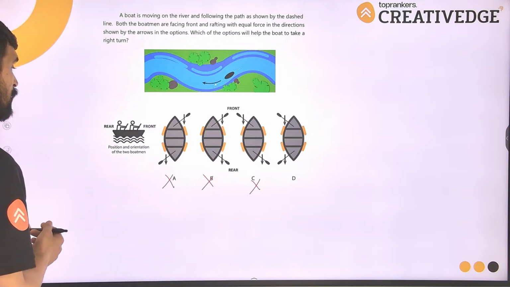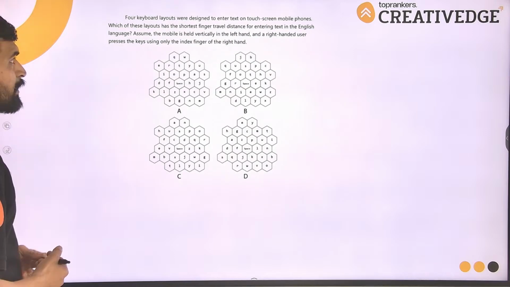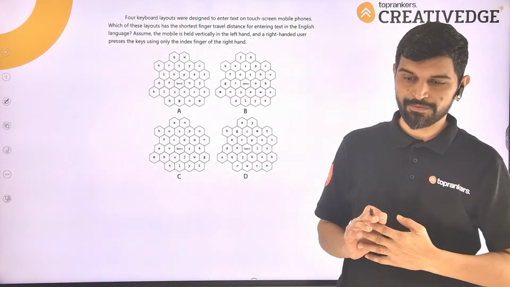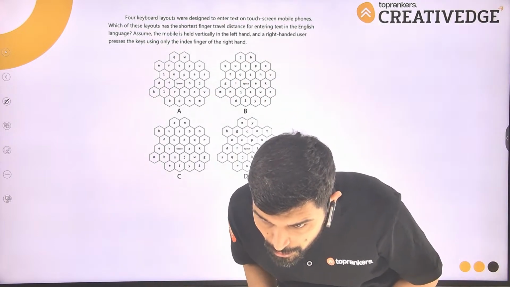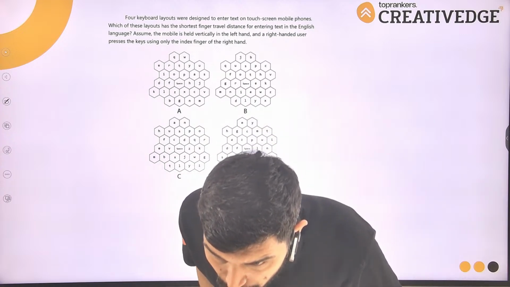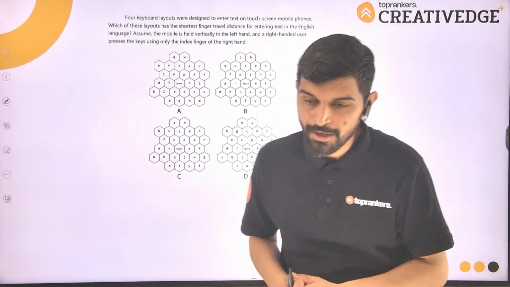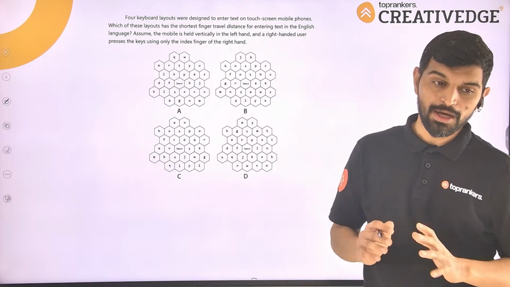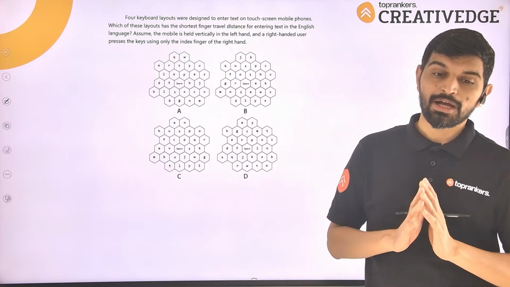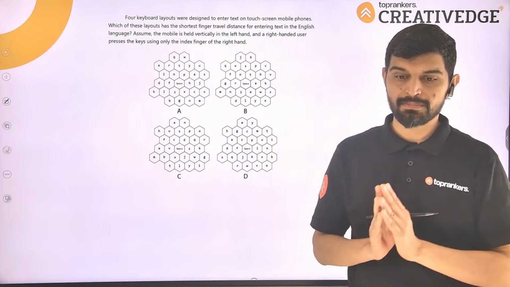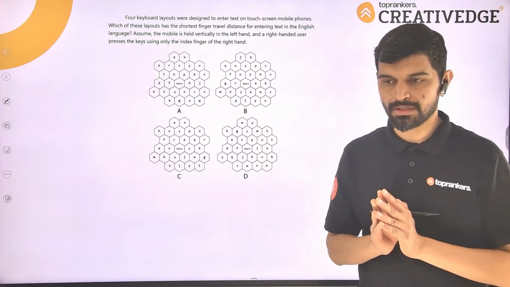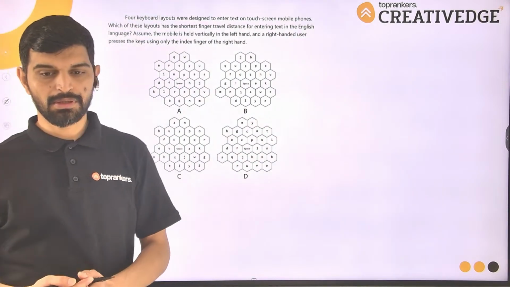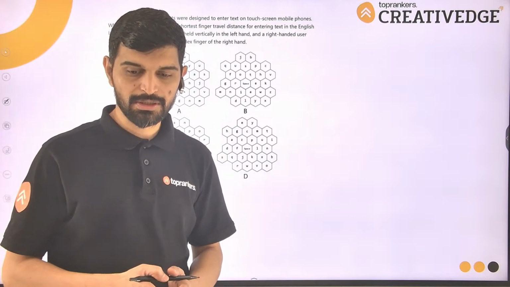नाउ लेट्स लुक एट द नेक्स्ट वन. अगेन this is something that we use in our day-to-day life. हाँ, कोई बात नहीं. नेक्स्ट वन इज यू आर प्रोवाइडेड 4 कीबोर्ड्स. आप सारे ही लोग सेल फोन्स पर टेक्स्ट मैसेजेस करते हैं, व्हाट्सएप पर मैसेजेस करते हैं. यू गाइज यूज सेल फोन्स, राइट? सो the answer to this question is based on that logic,